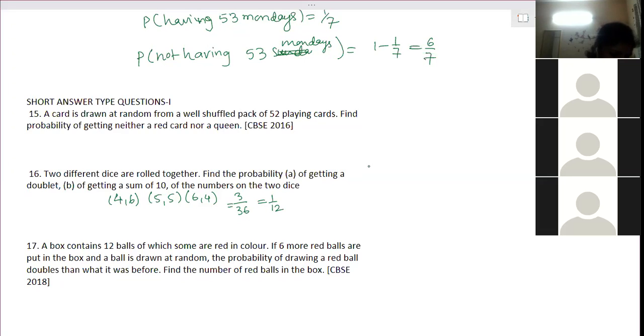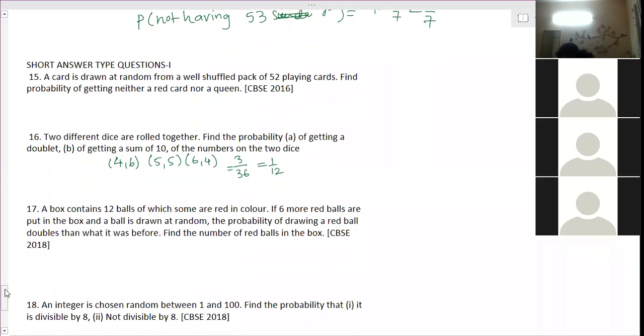Yes, Mithun? The fifth one, ma'am, I forgot to ask. Homework question: 2 unbiased dice are thrown. What is the probability that the total number on the dice is greater than 10? Sum, ma'am. Yes, obviously, the total of the numbers on the dice, that is the sum. It is 11 and 12.